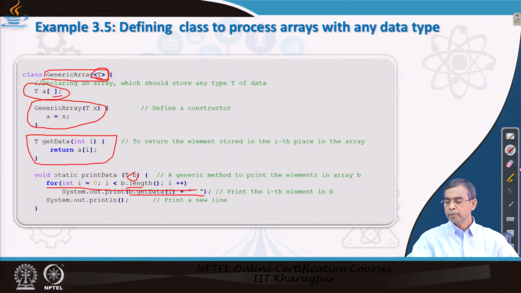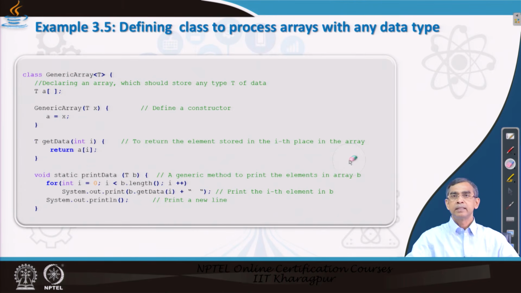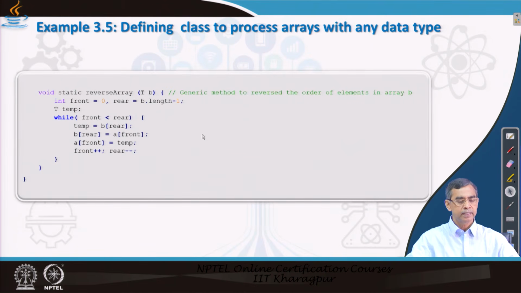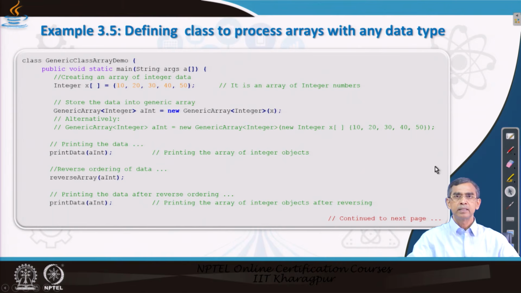So, these are very simple methods that we have discussed here in this class. One is the name, the value that it can store in the array, and then finally the print method and how to access each element in the array. Now, let us see the main class that we can discuss. Okay, so this is another method in the same class to reverse the elements. So, this completes the discussion of the methods: reading, initializing an array, printing the array elements and reversing the array.